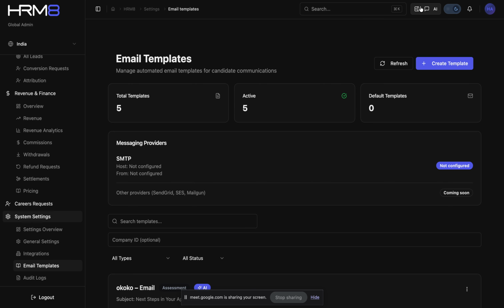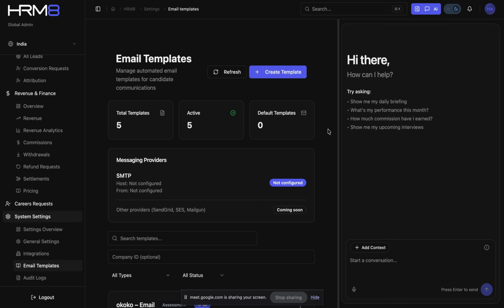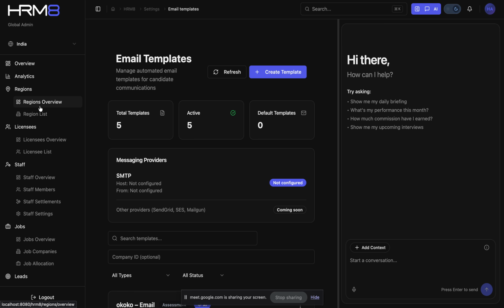So at a high level, we have also integrated AI here. In the admin dashboard we had to primarily focus on the data showing. We can show most of the data to the admin. So let me just